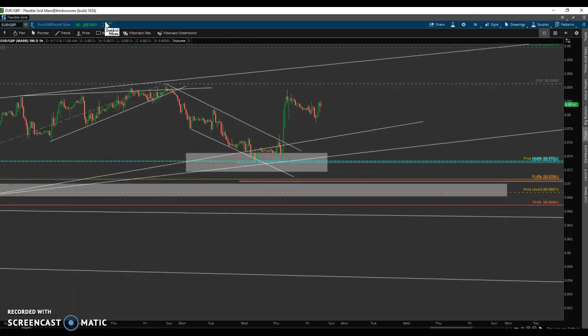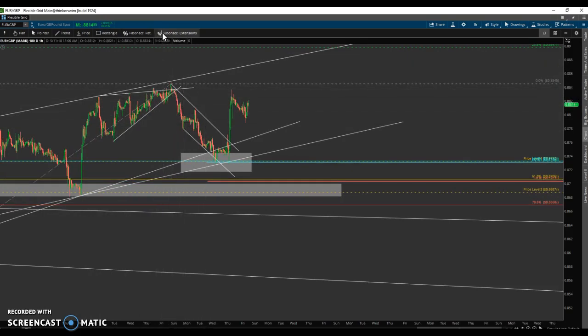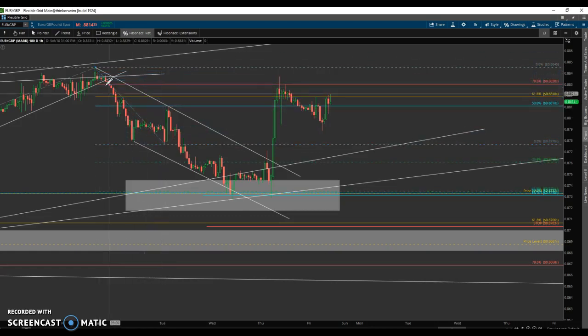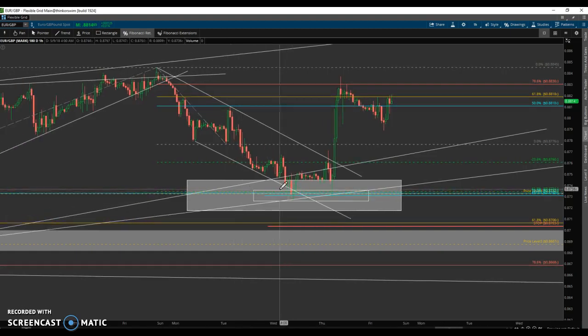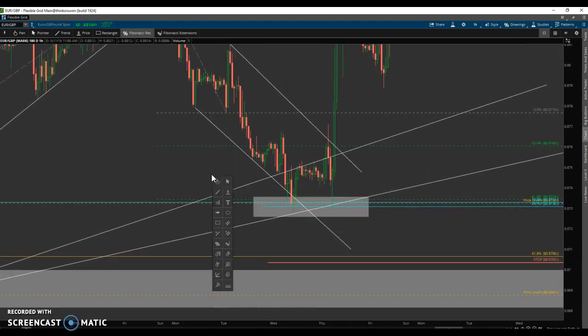So in this 1 hour downtrend, once we created this wedge structure here and broke out of that, if we take the high of that to our bottom that we made initially, you can see we get a nice little 50% retracement there, which also established this channel structure for the 1 hour that we were starting to form. Pop down to the negative 23.6, consolidate a little bit, and then pop down a little bit more to the negative 61.8,